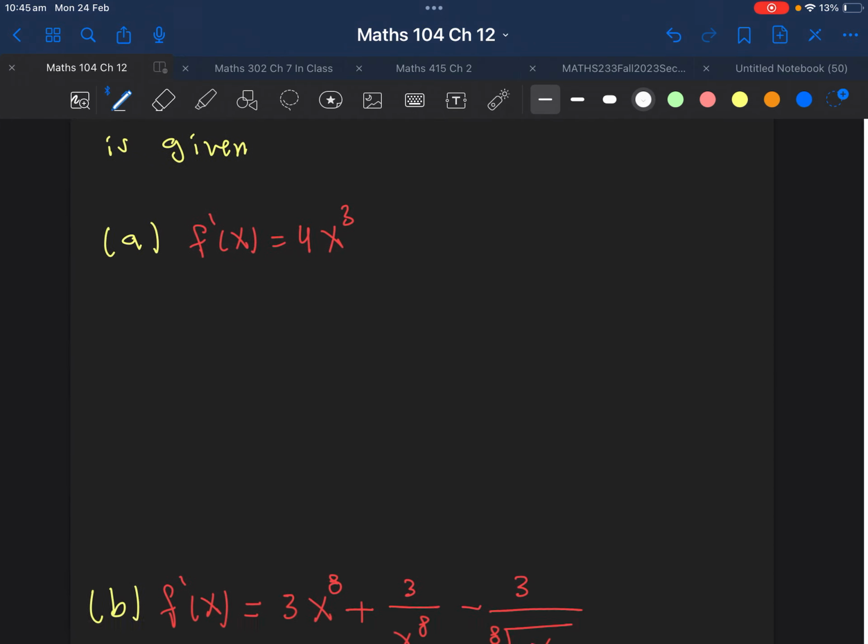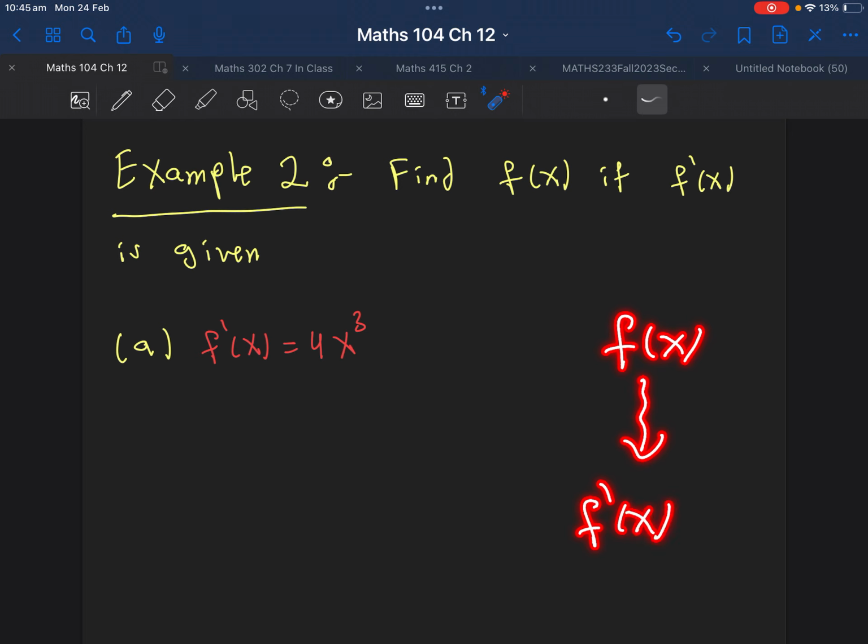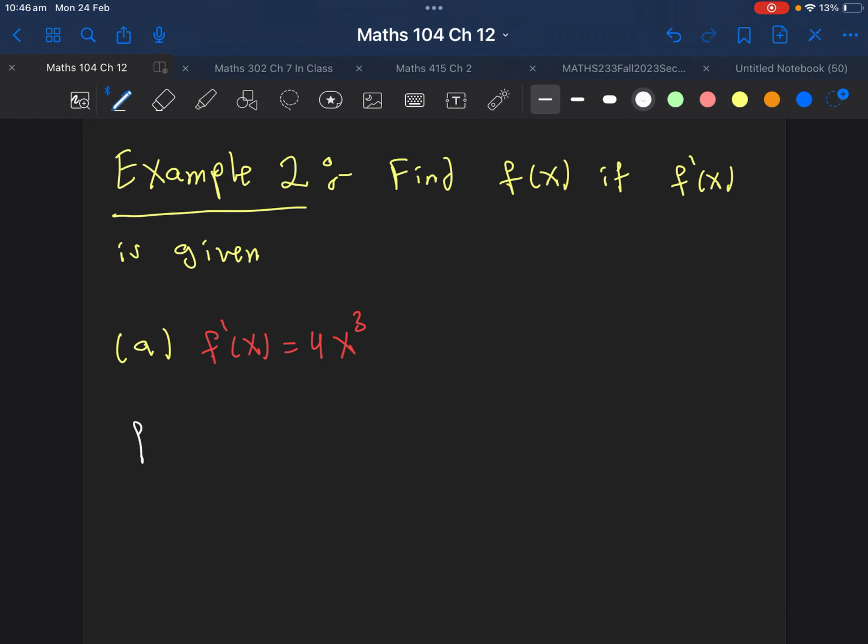Next, we will go to example number 2, where we need to find f of x if f prime is given to you. Now, in this question, I'm giving you f prime and asking you what is f of x. Remember, if you have f of x, you can easily find f prime by derivative. Now, how do you go backward? We will do it through integration. So what is f of x? f of x is just the integral of f prime of x,